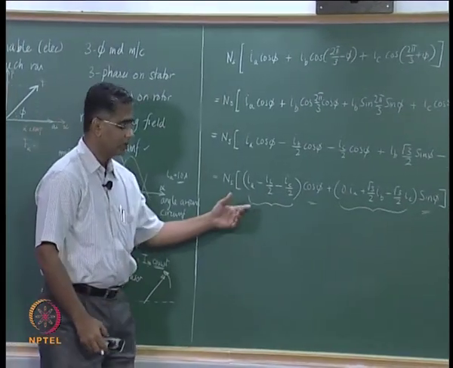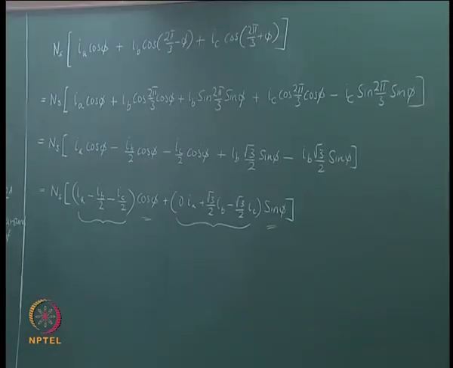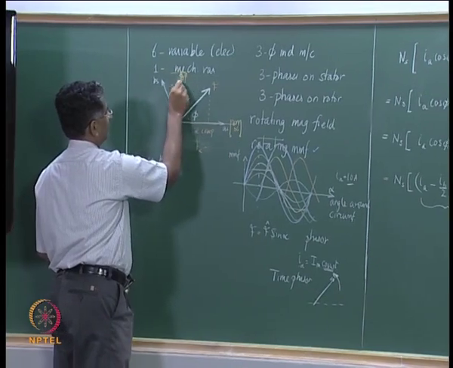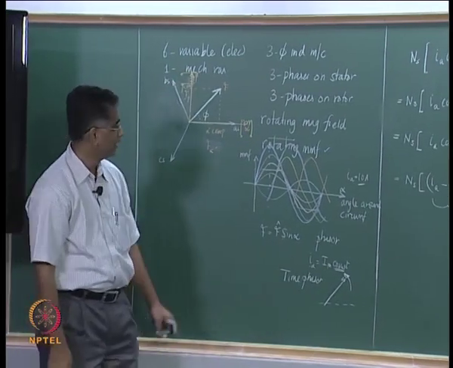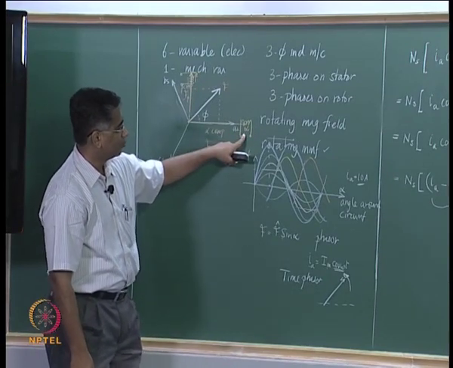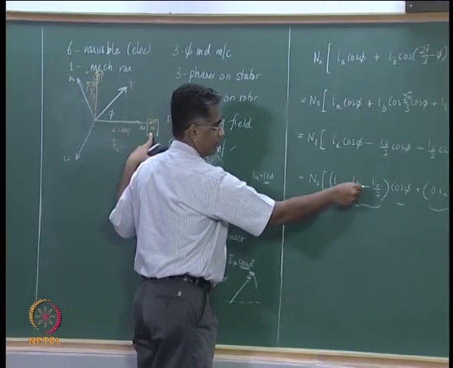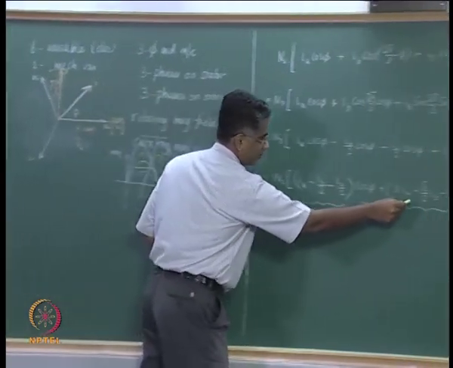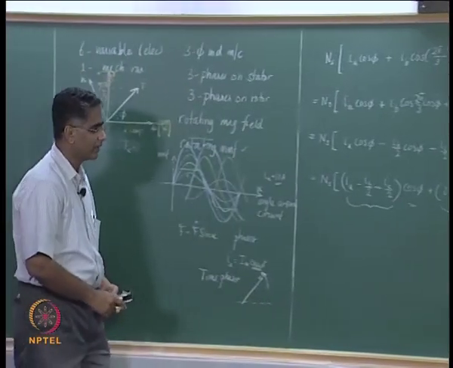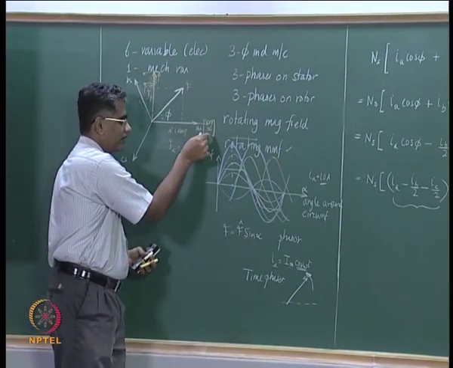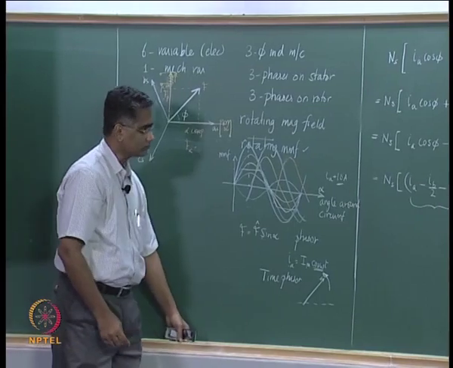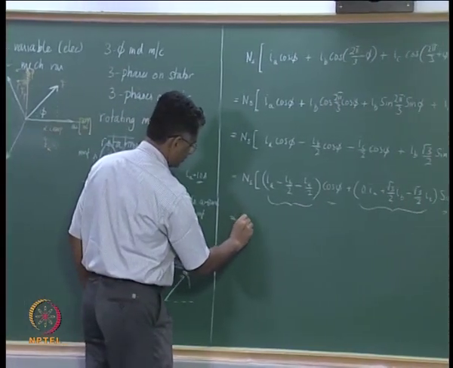This therefore means that suppose I had an excitation that is acting along alpha axis and I have another excitation that is acting along the beta axis, this current being Ia minus Ib by 2 minus Ic by 2, that is here, and this current being root 3 by 2 Ib minus root 3 by 2 Ic, then for that excitation being provided in a coil here and a coil here, the MMF is the same,